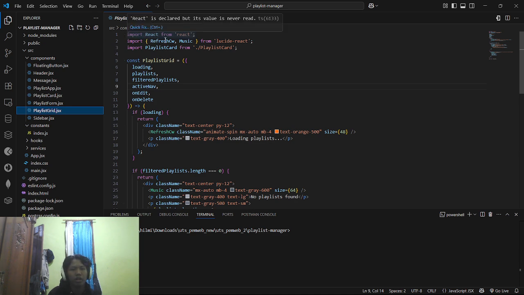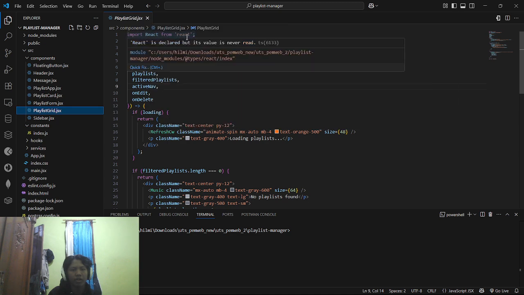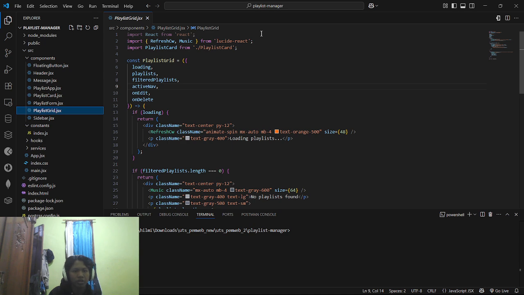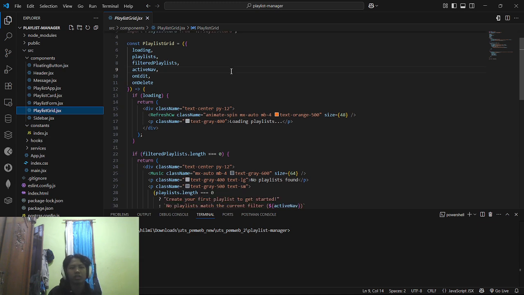First we import the React from the React, and then we import the icons, flash, CW, and music from the Lucid React library, and we import a playlist card from the playlist card file, and then we define the playlist grid, the loading playlist, filter playlist, active nav, on edit, and on delete.